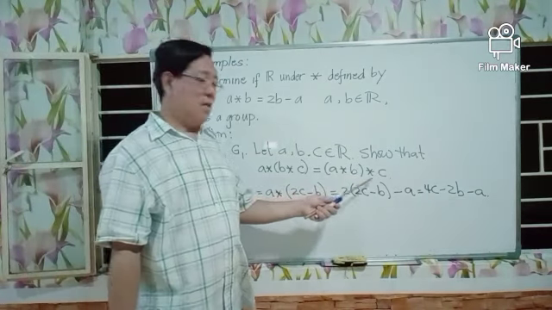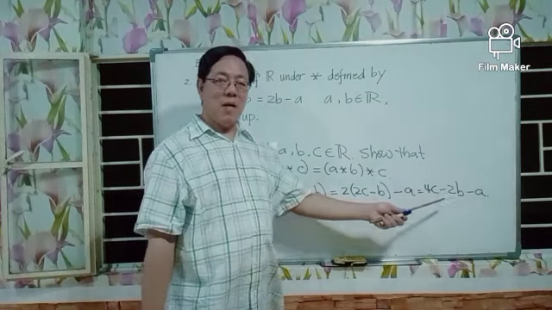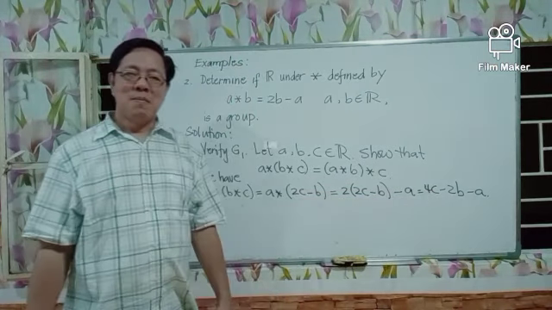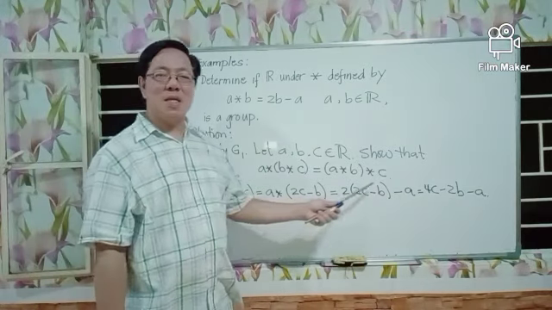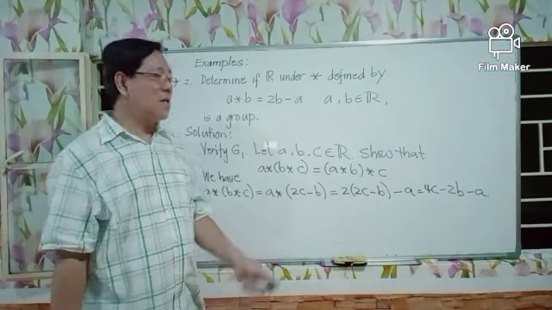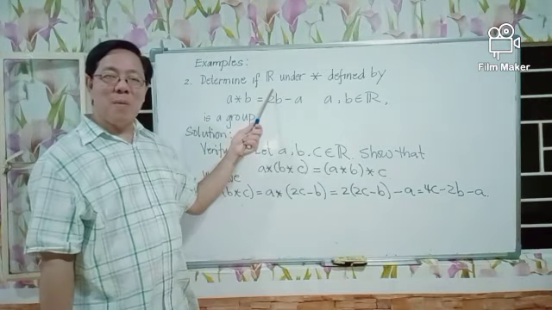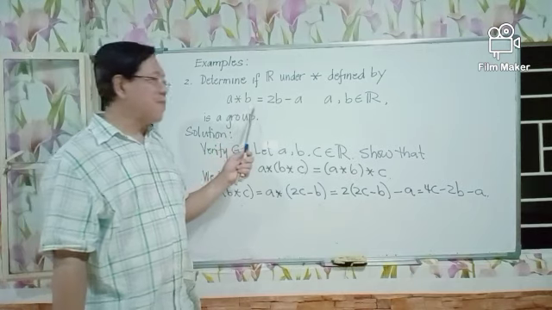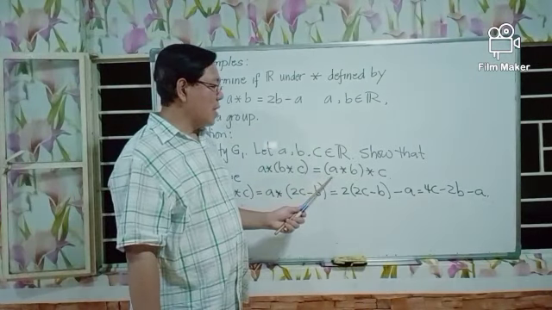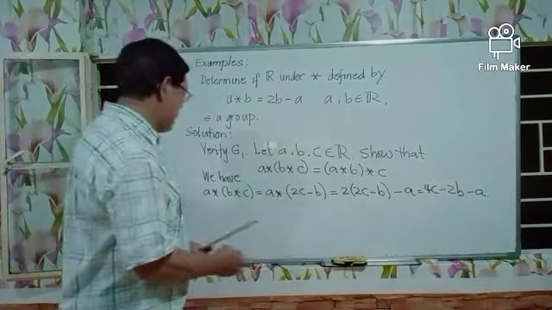If we get the same value, 4c minus 2b minus a, for the right-hand side, then we conclude that this property, associativity, is satisfied by the set of real numbers under the operation star defined by this formula. So we write, on the other hand,